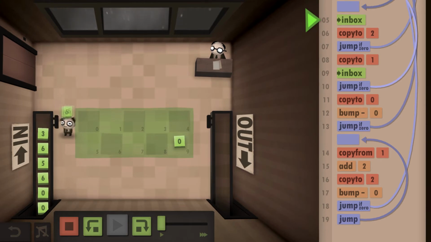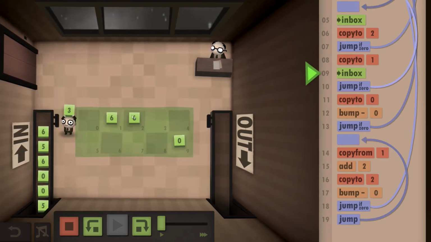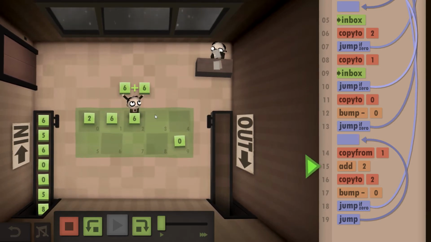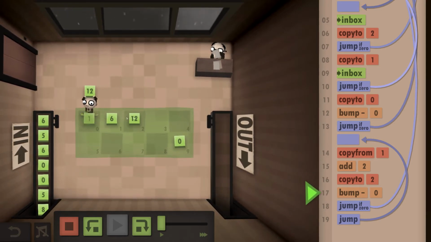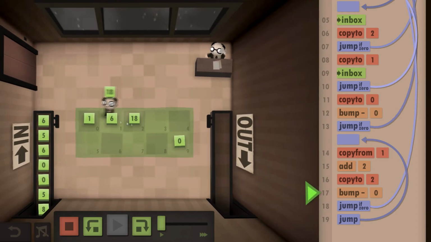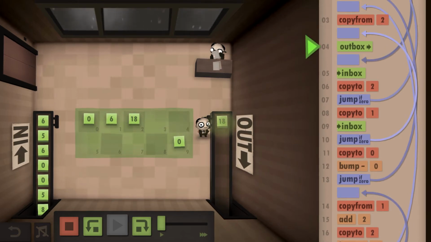So what we're going to do is hit play. We're going to bring the 6 across. Obviously, it wasn't a 0, so we're going to continue on. We're going to paste the 3, and we're going to just keep multiplying it across. So 2 times 6. No, we're going to keep going. 3 times 6 is 18. Bump it down. So we've got a 0 now, so we know the 3 was correct, and we can bump